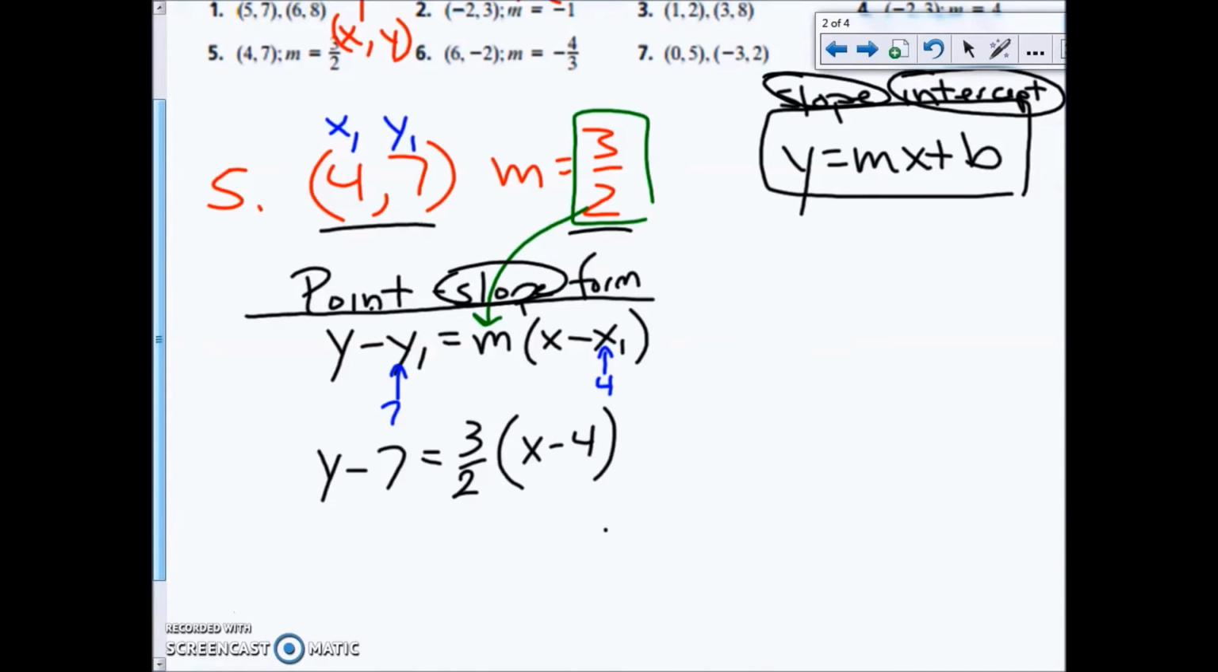The reason I say that is because my intercept b, the actual point, can be written as 0 comma b, because for the y-intercept, the x value equals 0. And if you notice, you put 0 in, 0 times m is 0, and we're left with y equals b, which is